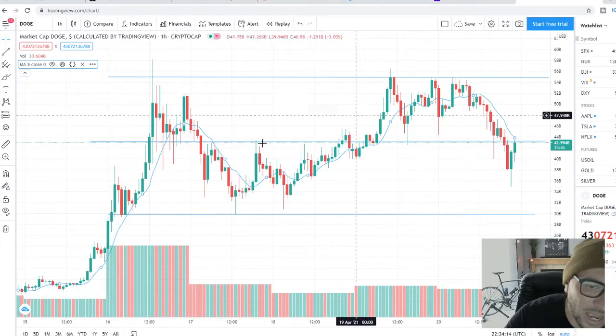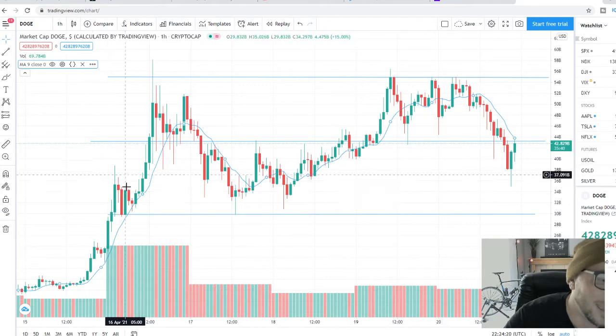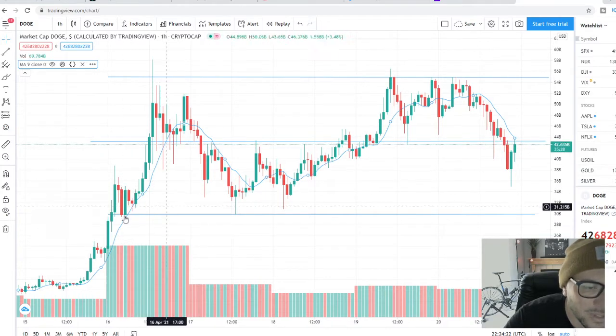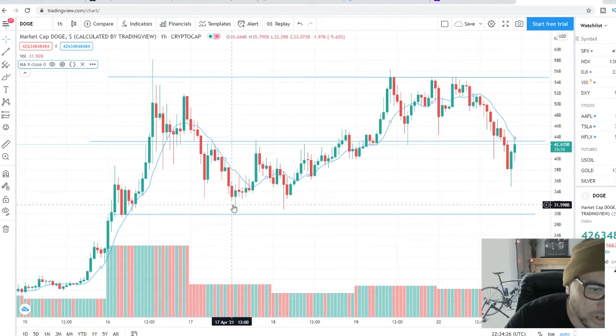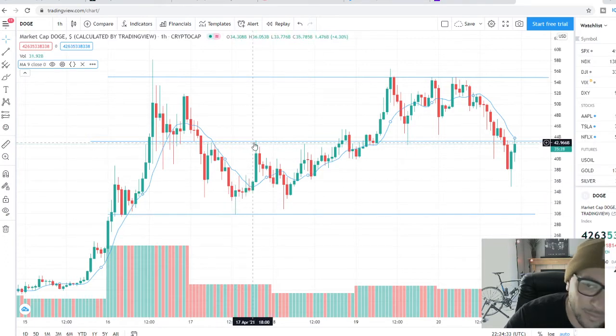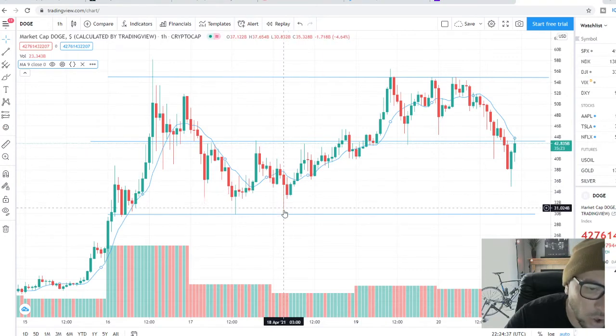This is an hour time frame that I'm looking at. So within a 6 hour time frame from when this broke out, it tested this level once. This is acting as a support level. You can see here on April 17th, it back tested this 30 cent, 29 cent area again, then spiked back up, got all the way into 42 cents. And then right here on April 18th, it also came down and touched this level.